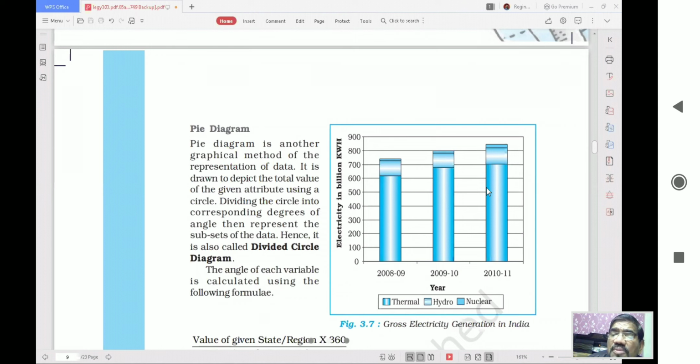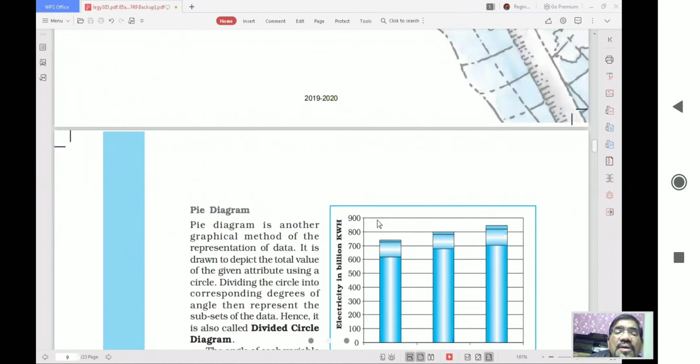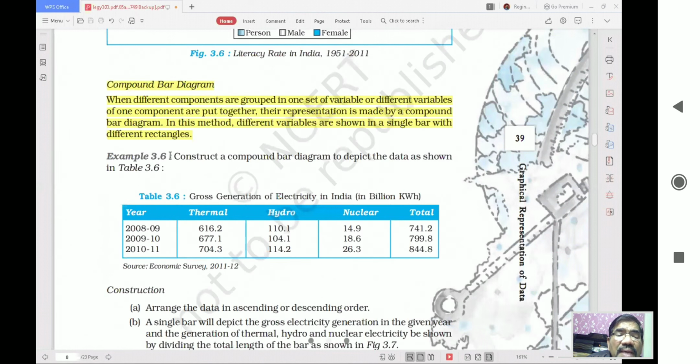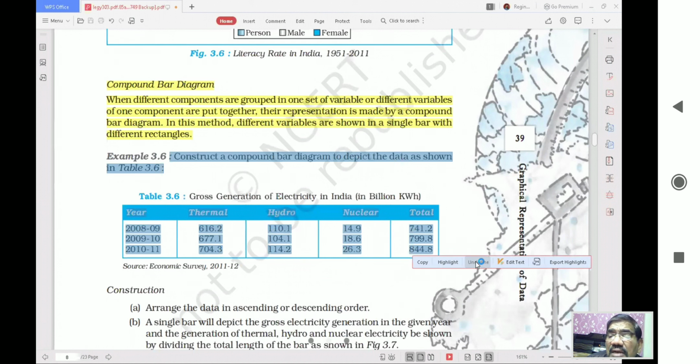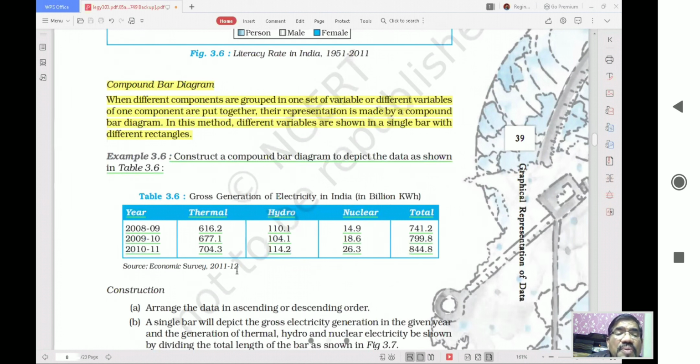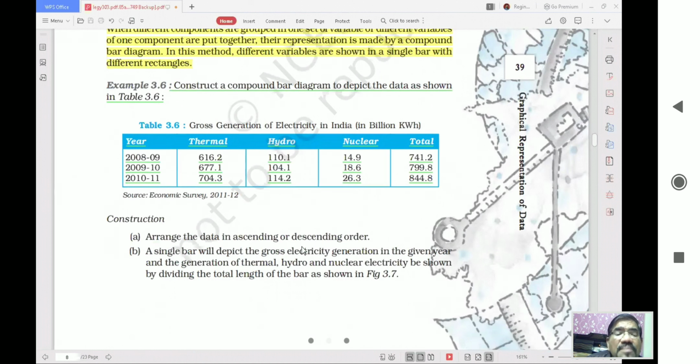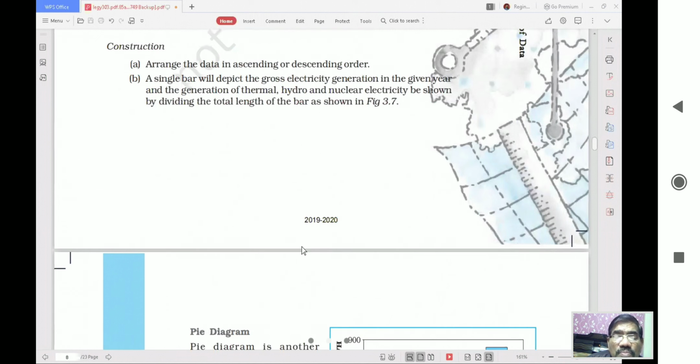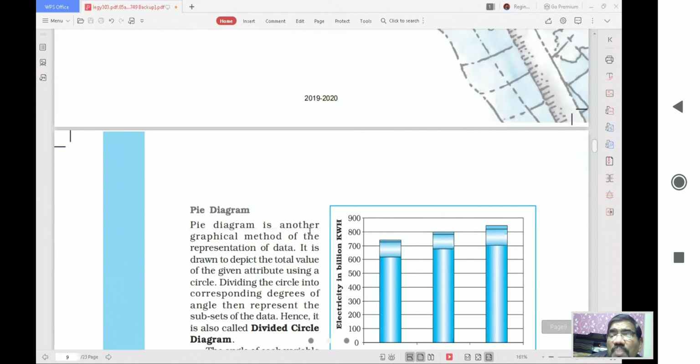This is how it is made, and this particular data will be on the back side of the front. Suppose on the front sheet you are making this, I'll underline it for you so that you know this is on the back side and this is on the front side. Compound bar diagram: first side you write on the line sheet, then you write this on the second side. This is how a compound bar diagram is made.